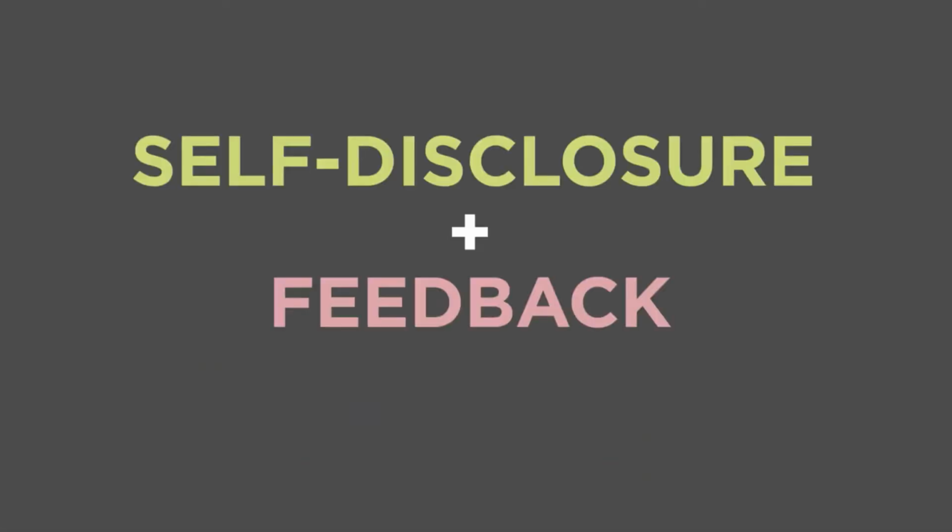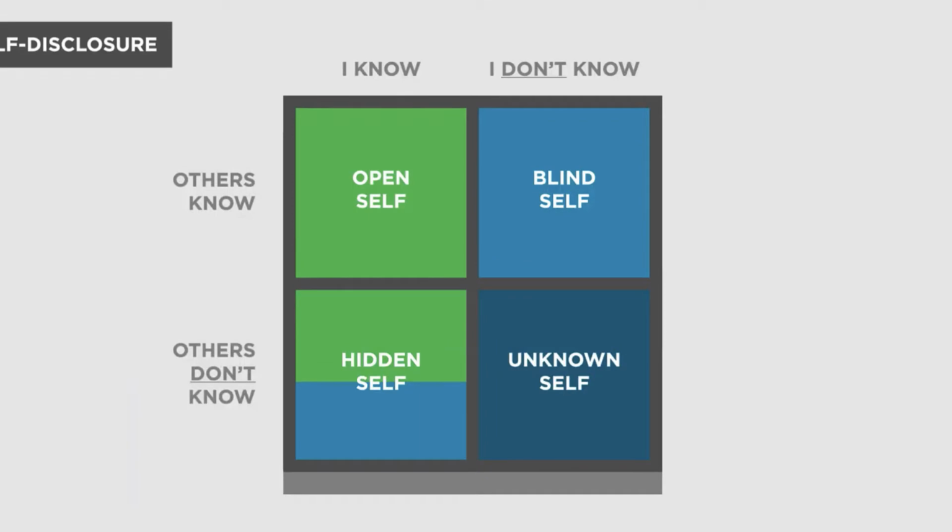This is done through two things: self-disclosure and feedback. Self-disclosure expands the open area downward, decreasing the size of the hidden area. All right, you get the picture, or you get the Johari window. I don't think we need to go much more, but I wanted to explain what the Johari window